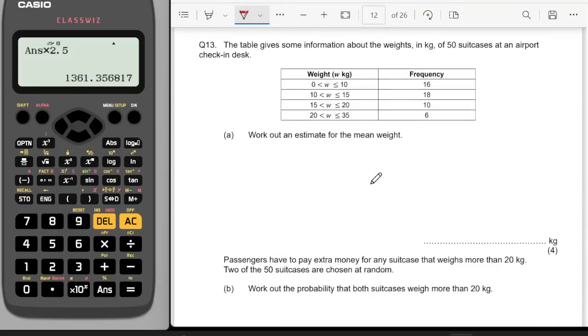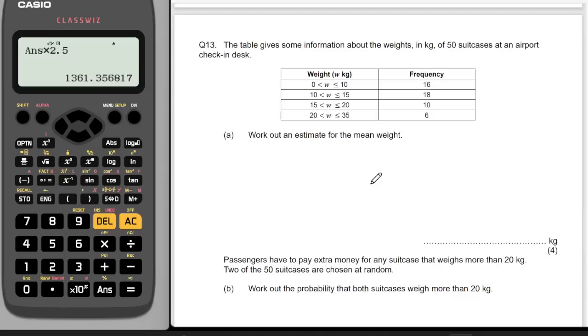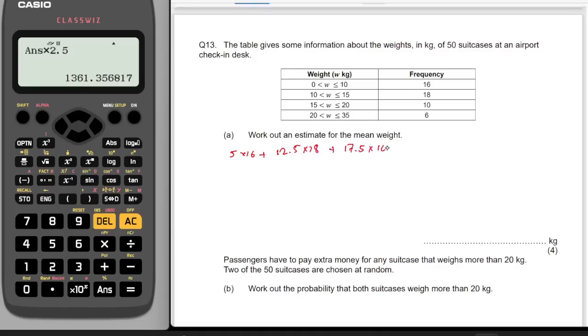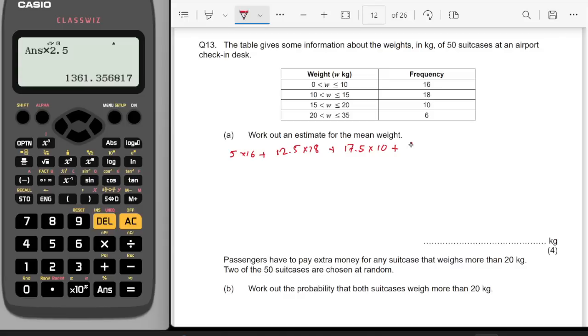Okay, question 13. The table gives some information about the weight in kilograms of 50 suitcases at an airport check-in desk. Work out an estimate for the mean weight. So for this, I'm going to have to take my mid values. So I'll write it as a list. So I'm going to do 5 times 16 plus the midpoint of 10 and 15 is 12.5. It's just a bit of an awkward one. Times 18 plus 17.5 times 10 plus